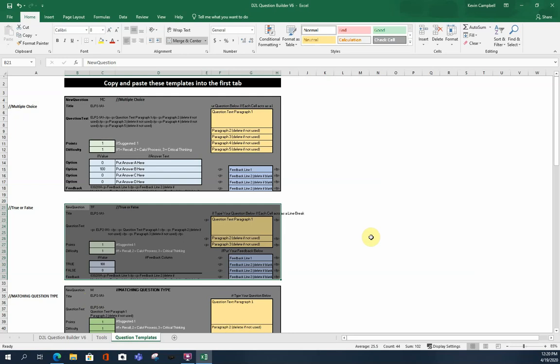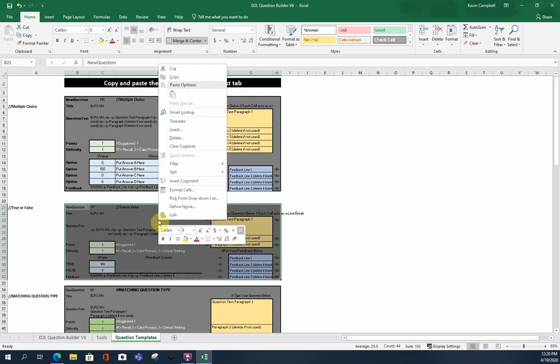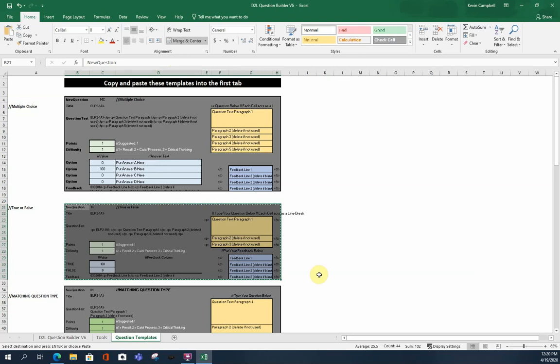So in order to get to work, we have to identify the type of question that we would like to build to support the student's understanding of that given objective. So I'm going to come over here and select the true and false. I'm going to highlight all of the cells,